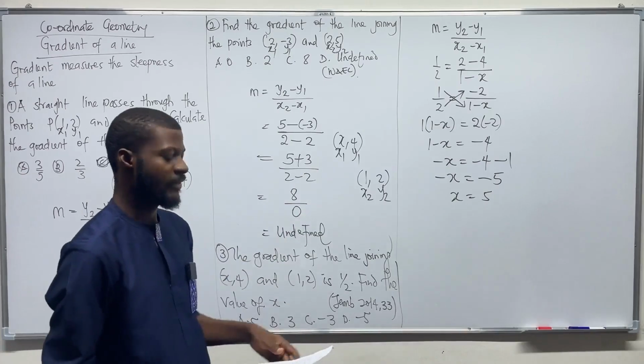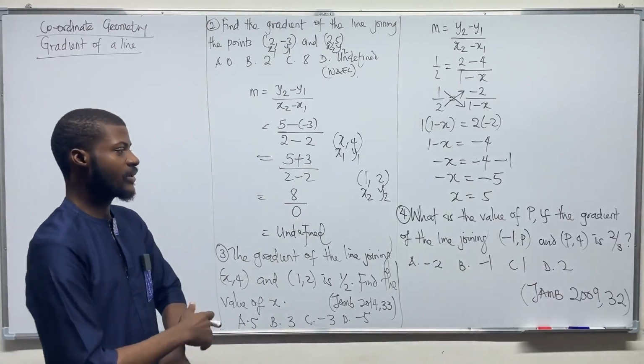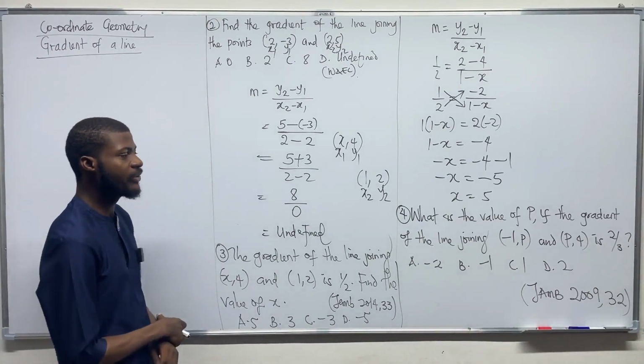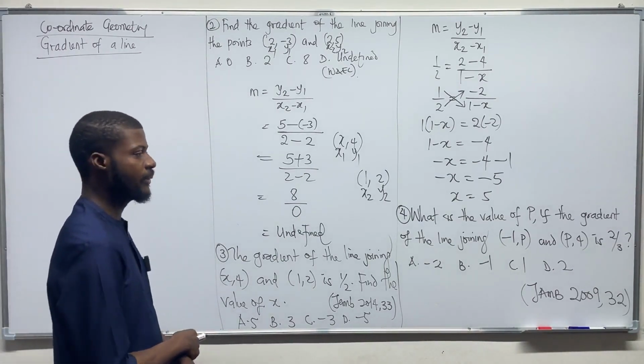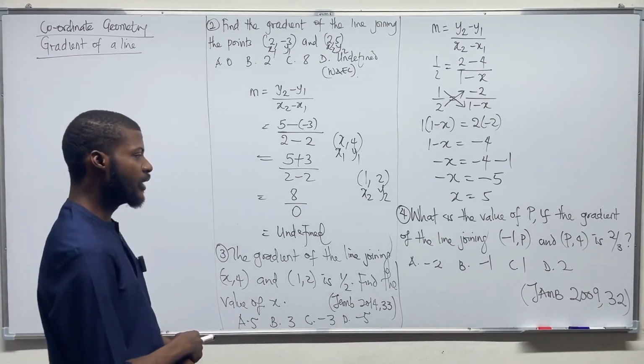So that's how to solve for that very problem. The next one. This next question says, what is the value of p if the gradient of a line joining (minus 1, p) and (p, 4) is 2/3? That is 2 over 3. This question is from JAMB